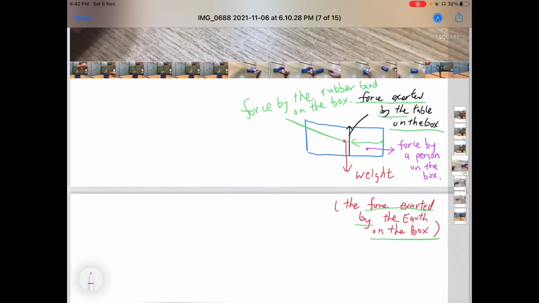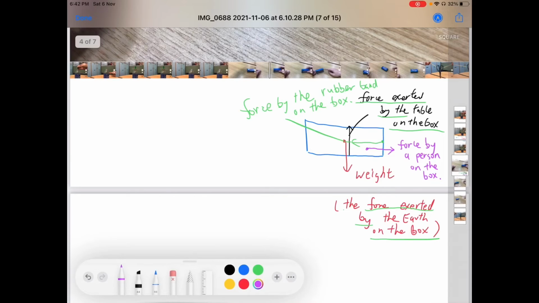And this green arrow and the purple arrow should be opposite in direction and with the same magnitude in order to make this box remain in its original motion state, that is at rest. So here comes the free body diagram on this blue box. And again, the format is that it is the force